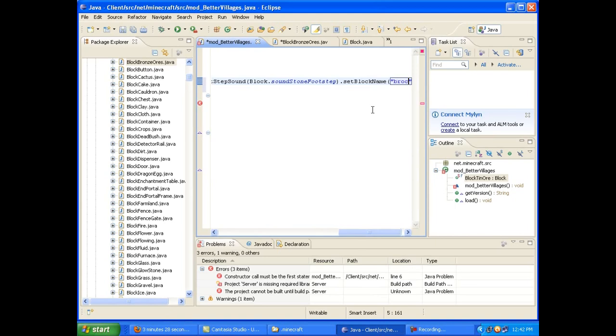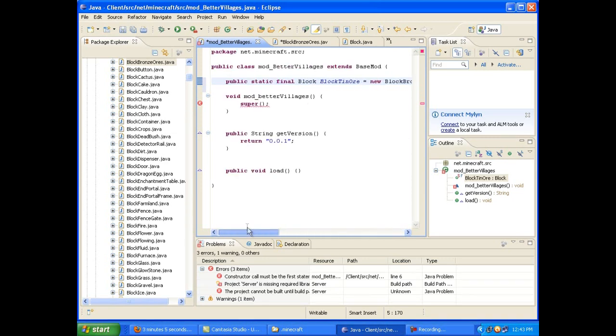So you want to just, let's say block bronze, or let's do, if I can spell block correctly, of course, block tin. Then all one word, lowercase. Again, this isn't going to show anywhere, so it doesn't really matter. Then that's all you need to do, really.